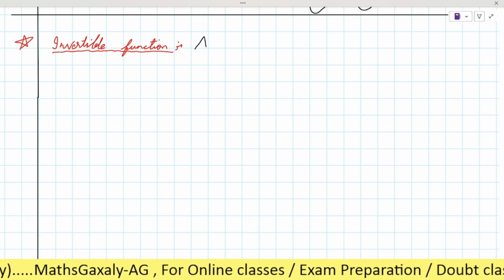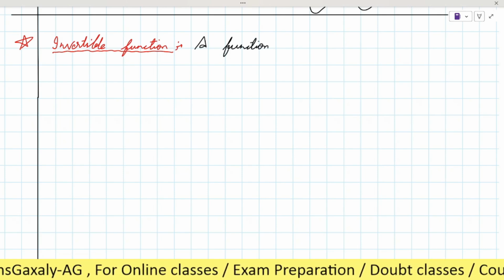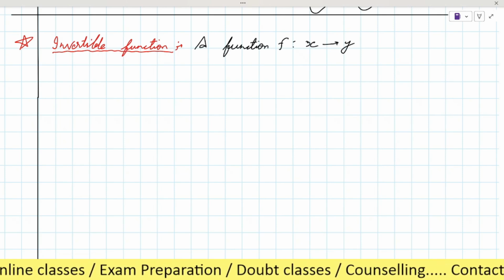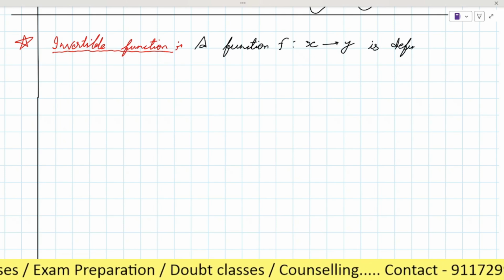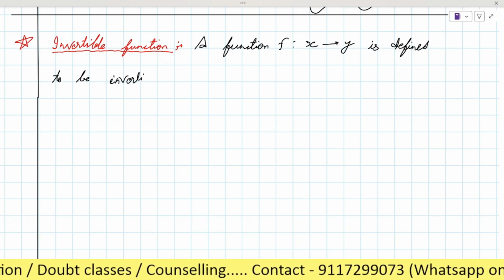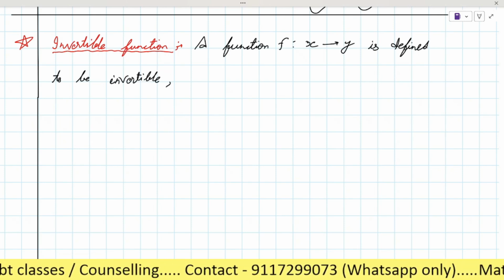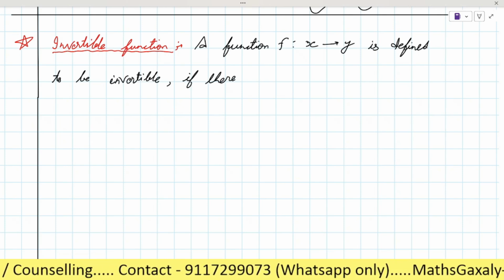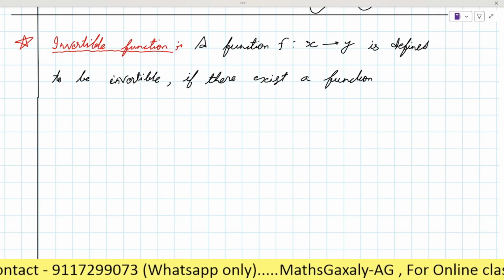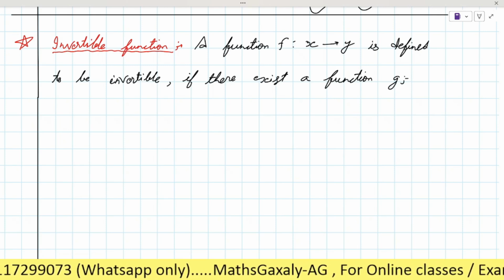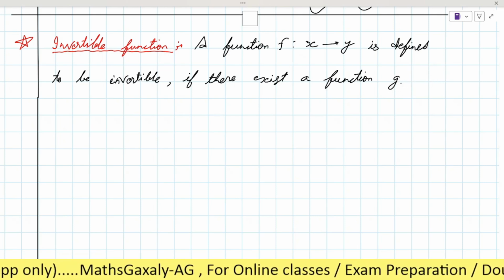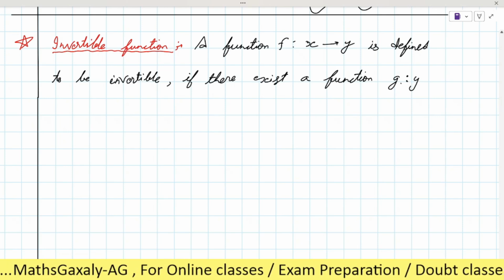What does it say? A function f from set x to y is defined to be invertible when there exists a function g from y to x.